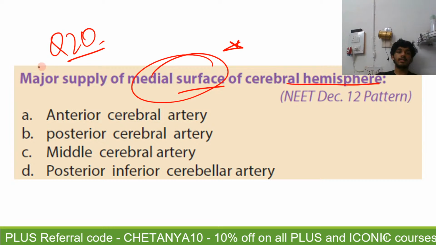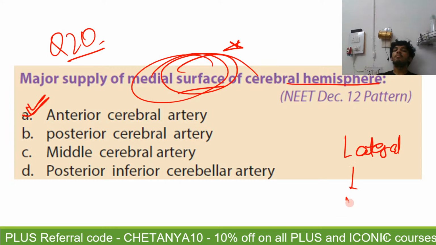Anterior cerebral artery, that's correct. The answer is anterior cerebral artery, major supply of the medial surface. Major supply of the lateral surface will be the middle cerebral artery. So yeah, that's